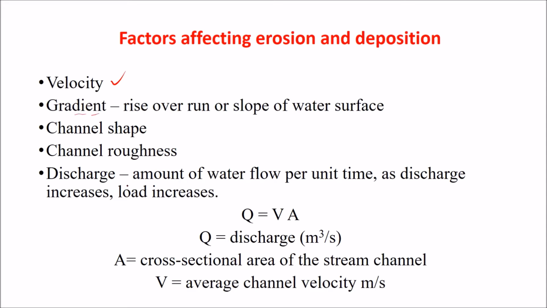The gradient is the slope of the water surface. When the slope is higher, the erosion will be stronger. And it depends also on the channel shape. It can be a narrow shape or a wide shape. Then different erosion or deposition can occur, and it depends on the roughness of the channel and also